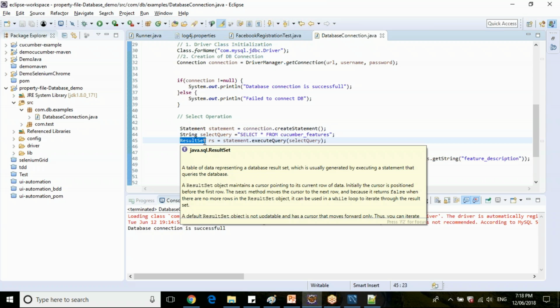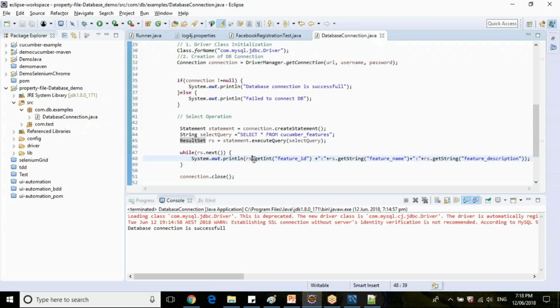This result set interface will have the capability to fetch your data in the form of the data type which you need. You can fetch in integer, you can fetch in string, whatever it is. Based on your data type, you can fetch with rs.get and print it in our console.